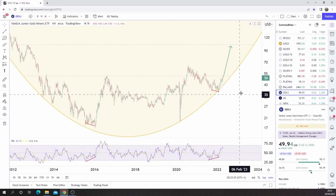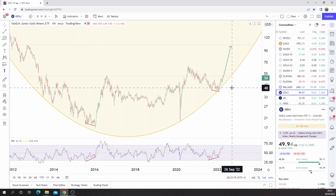The amount of free cash flow the gold miners are producing, this is possibly the best sector in the stock market. And it is, I think, my favourite investment at the moment. It's certainly where I have the most capital allocated to out of all the asset classes, and it's looking really good. So hopefully